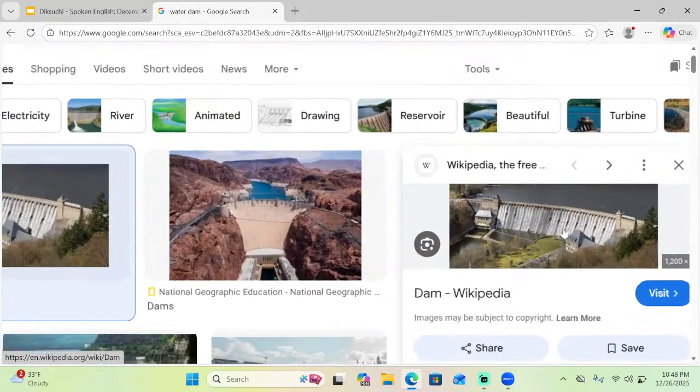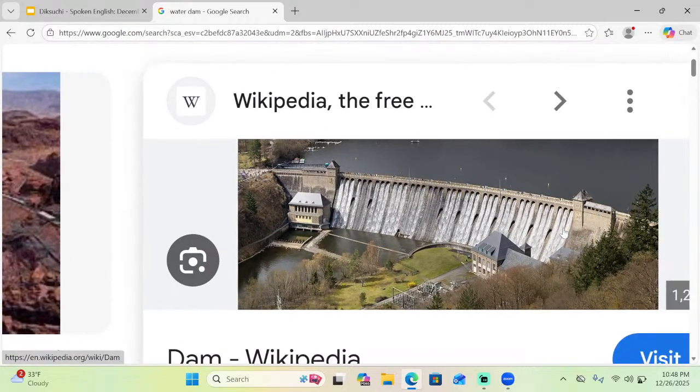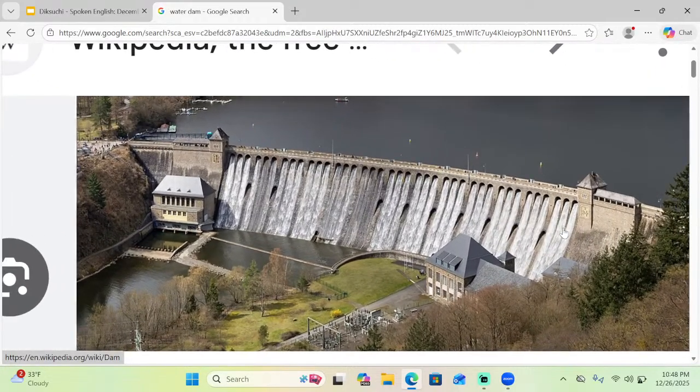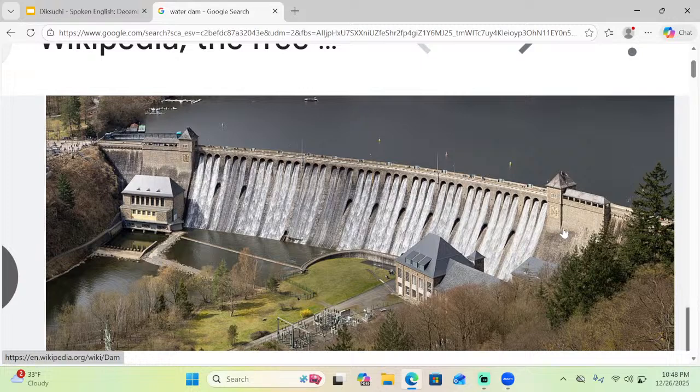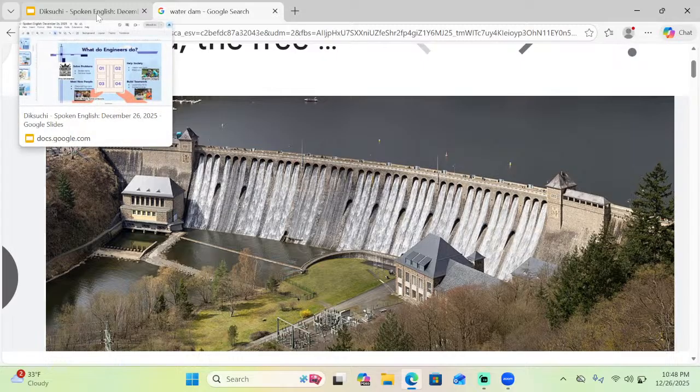Like this is off of Wikipedia, which I will put in the presentation and make sure I will cite it. But this is kind of what I'm talking about. Like a huge dam, and you're going to need electrical engineers, civil engineers, all those people to help with this. All right? It's cool.